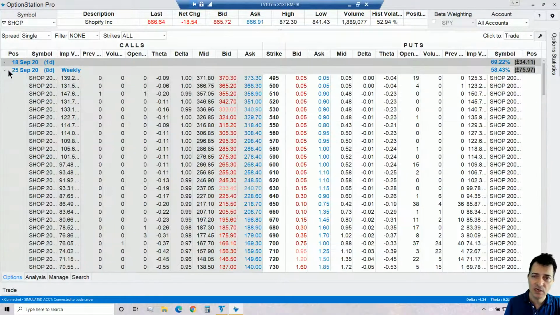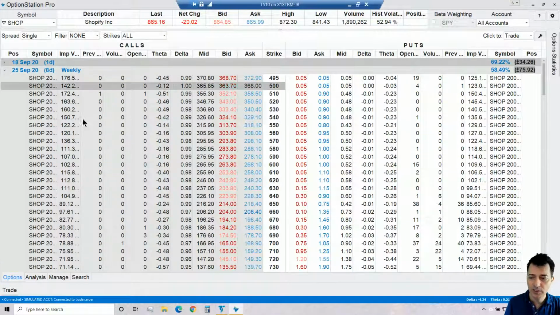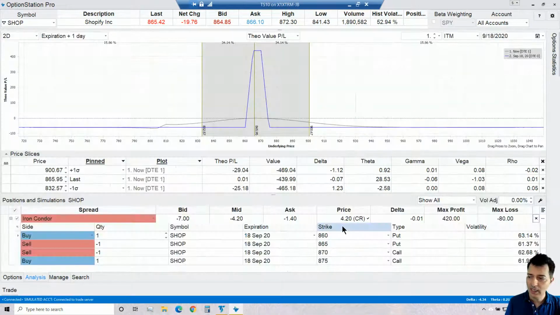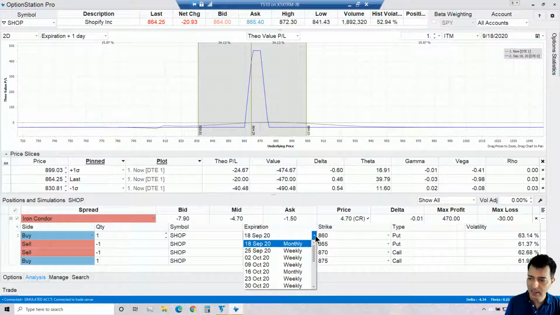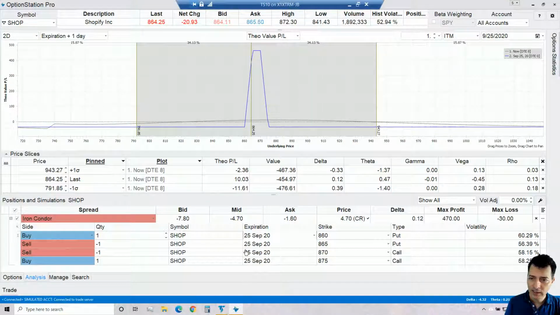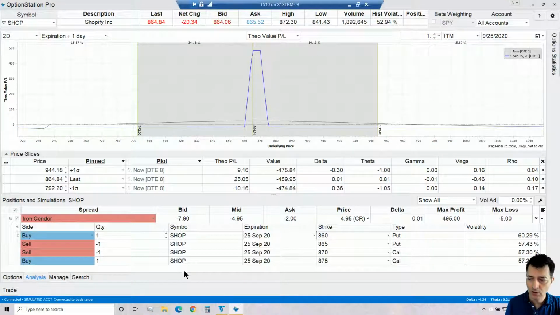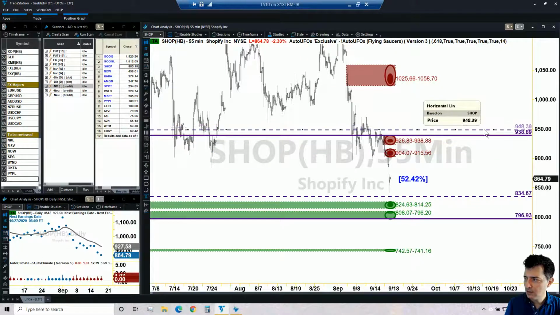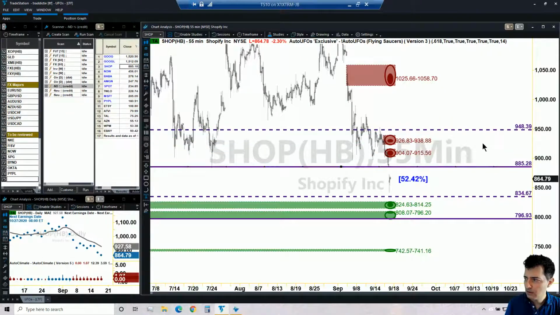So we're gonna start the trade again using September 25, which is 8 days to expiration. And now I would say that we may have something. Okay, so let's switch expiration date from 18 to 25. This, of course, changes everything. Now it is 943 and 792. So let's move into the chart now and move my reference line to 940 something. Okay, that's good enough.